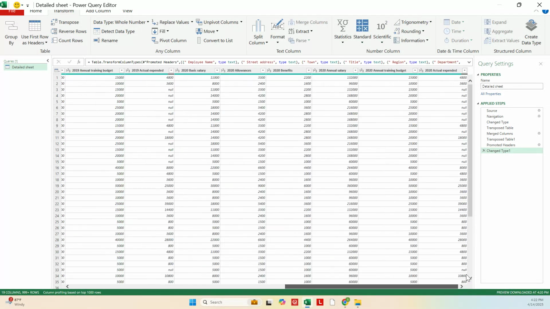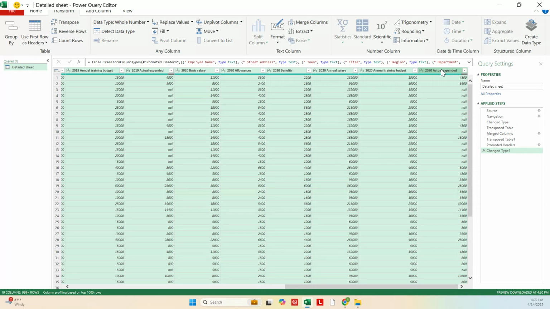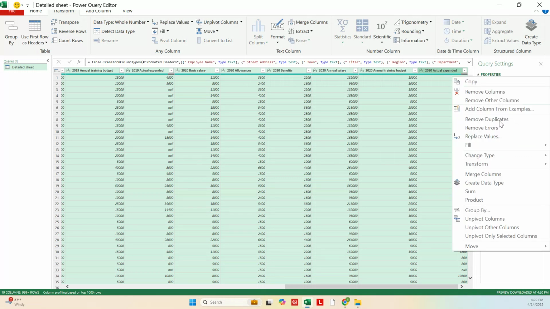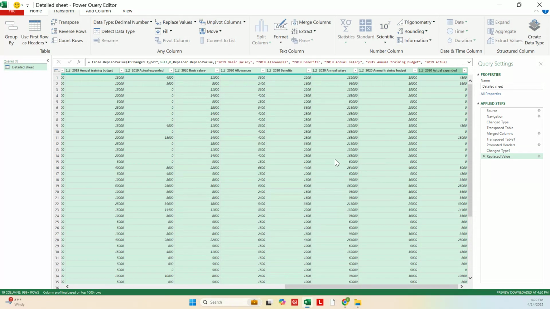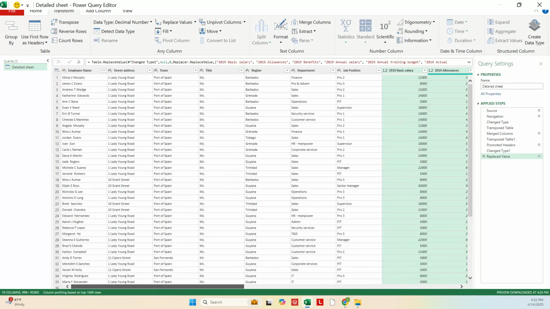we're going to do a replace value step. So you're going to hold down shift and click on the last numeric column. Now I'll select all the numbers, right click on the header for one of them, and we're going to say replace values. We want to replace null with 0. Once we do that, we could now